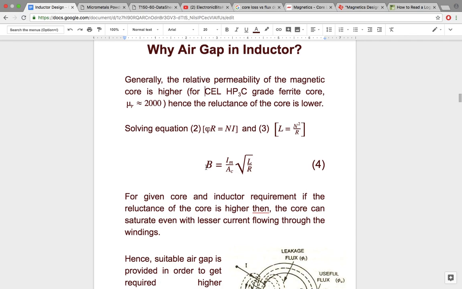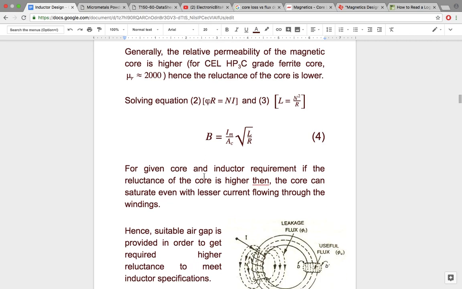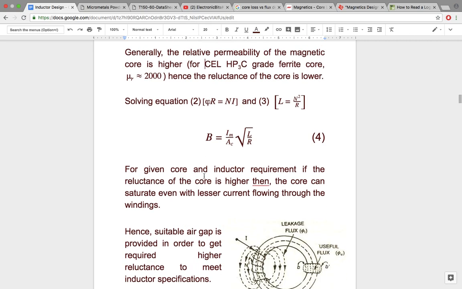To understand the side effect of having low reluctance, let us solve those two equations which we discussed just now. If we solve these two equations, eliminating the number of turns, we get this relation. What it tells is that if you have some inductance requirement,